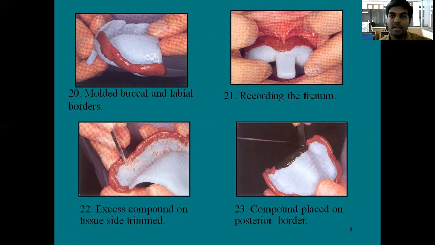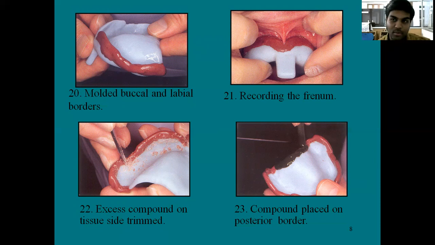Also, we can ask the patient to swallow his or her saliva while looking down at the toes.